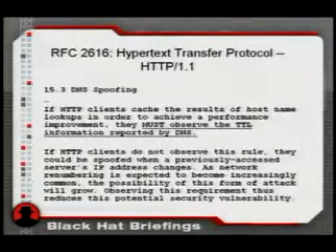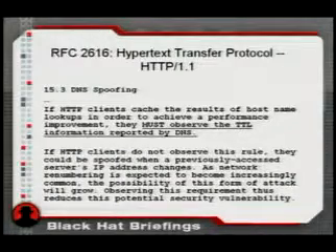Interestingly, though, DNS pinning is really a violation of the standard. RFC 2616 clearly states that any HTTP client that is going to cache DNS responses must respect the TTL. Now, if this was actually implemented, then it would cause simple DNS rebinding attacks to be trivial against browsers. Ironically, the reason that the authors put this rule in the standard was for security. They were concerned that if a client cached an IP address for too long, then during that caching period, the IP address might be reassigned to a different party. And if the client decided to send more data to that IP address, then the data would be subject to abuse by the new owners.